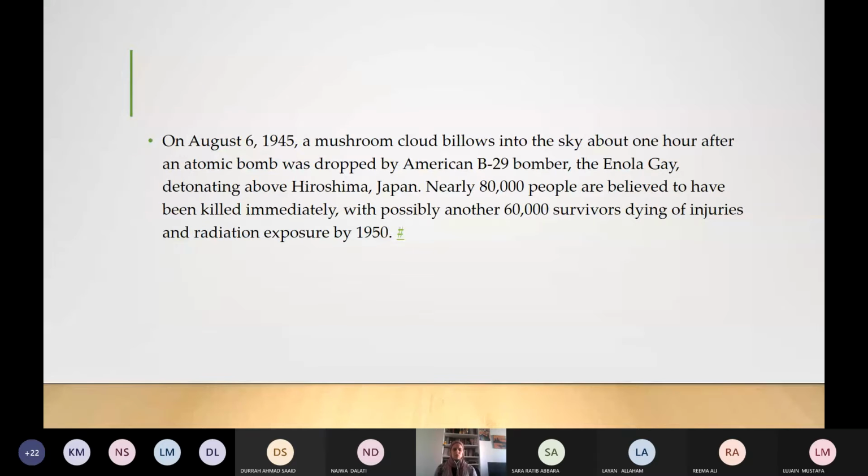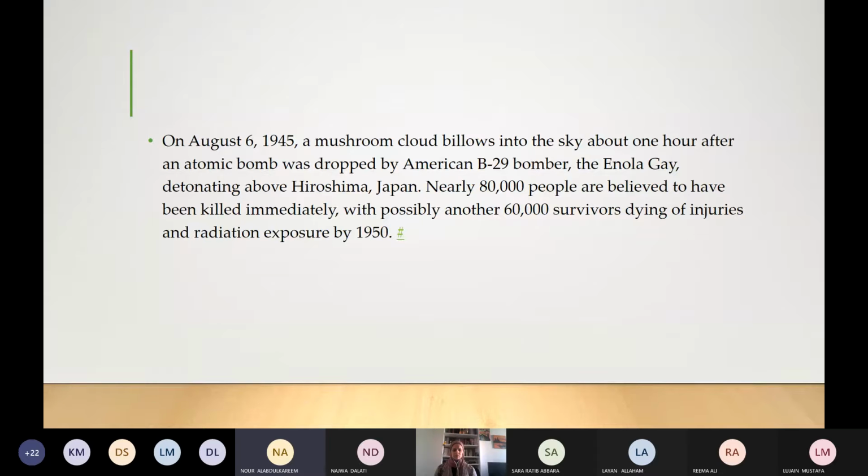Okay, read Noor Yusuf. Yes, miss. On August 6, 1945, a mushroom cloud bolted into the sky about 1 hour after an atomic bomb was dropped by America's B-29 bomber, the Enola Gay, above Hiroshima, Japan.